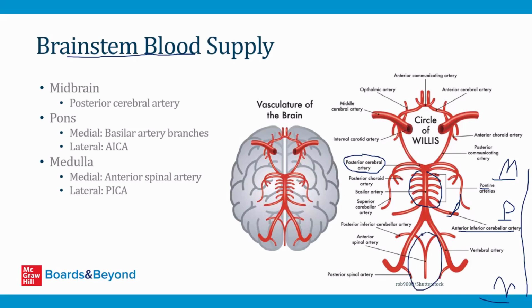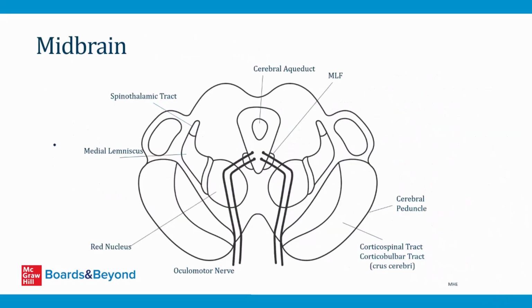That does supply blood to the spine, which I talk about in other videos, but it also supplies blood to the medial medulla. And then the lateral portions of the medulla are going to get their blood supply from this vessel right here, which is the posterior inferior cerebellar artery, or the PICA. Okay, so now that we've gone through all that, let's go through the important structures found in the different regions